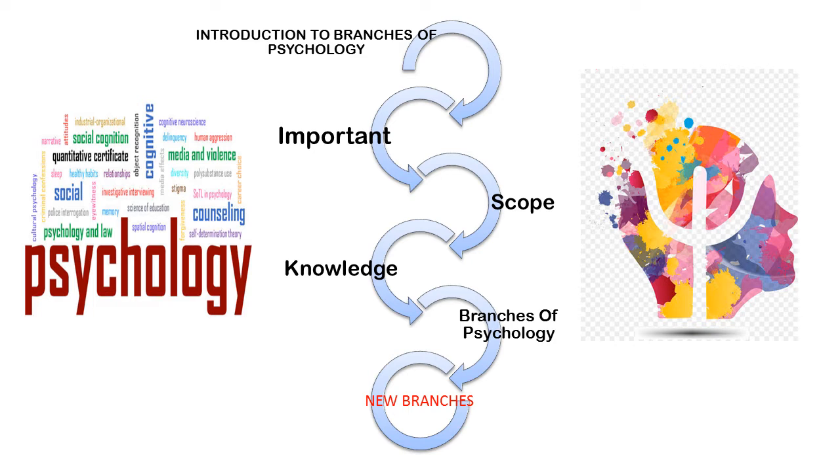Sports psychology has emerged as a new branch of psychology to deal with the psychological issues faced by sports persons. Whereas cyber psychology has emerged to deal with the rising online cheating and fraud, as the Internet has made financial transactions and social interaction easier, and has given rise to such types of crime.